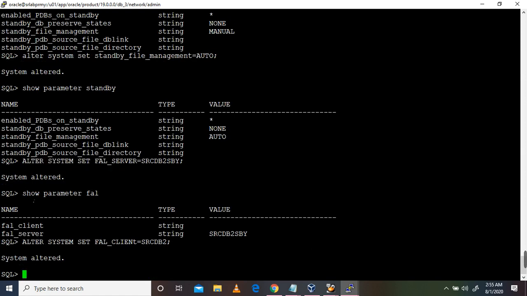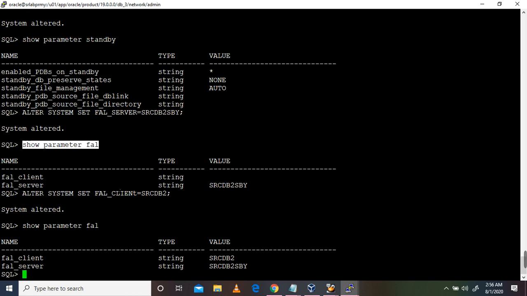So you can check now. Once the data guard configuration is done on the standby side, we need to set file client as srcdb2 sby and file server as srcdb2. So reverse, vice versa.